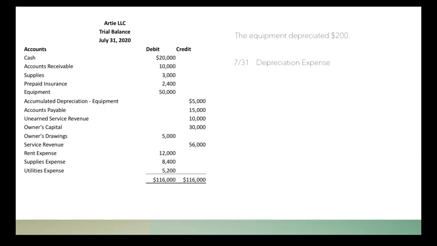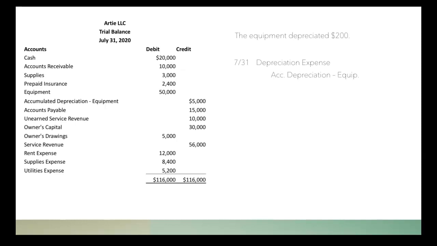First, it's going to be our depreciation expense, because we need to show that we are depreciating our equipment here. Right? So we're going to have more expenses. Then we credit an account called accumulated depreciation equipment. And you'll notice that account right below equipment on our trial balance. And you'll see that that account has a credit balance on the trial balance.